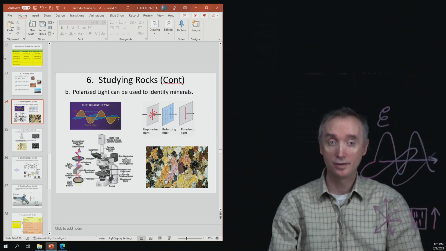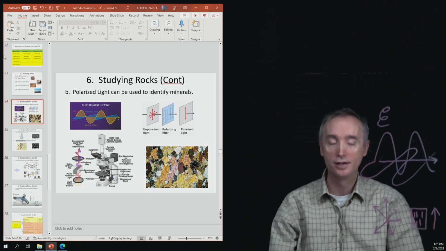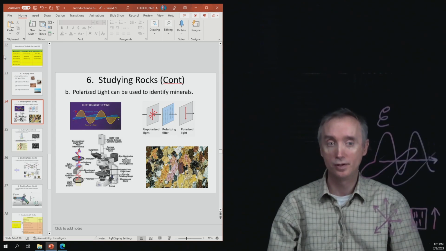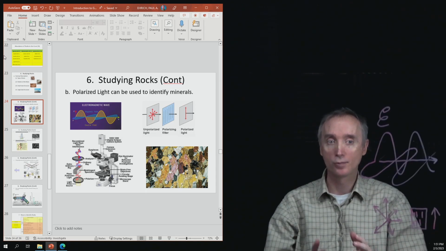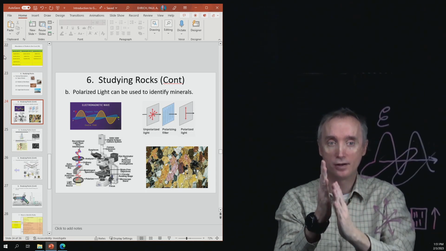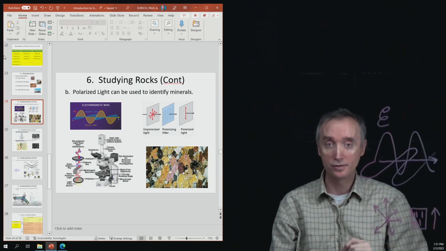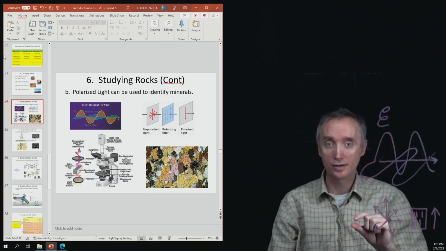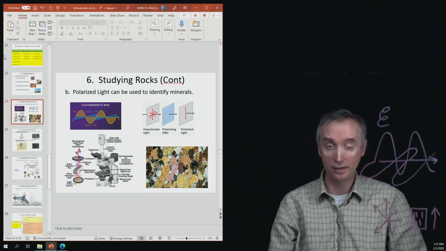So how can this help us? What we do is we go out in the field, we get our rock. Now that rock is made up of minerals. We want to know what are the minerals in that rock. So we're going to take the rock and we're going to start to grind it down thinner and thinner and thinner until finally that rock is only about 1/10 of a millimeter thick. It's going to kind of look like a pancake, but it's going to be so thin that you can